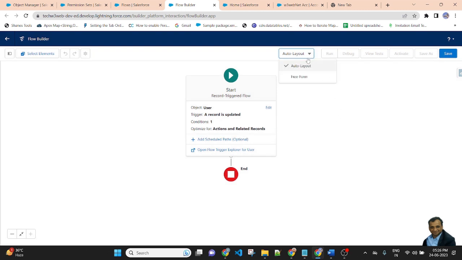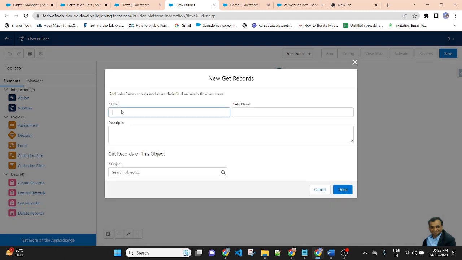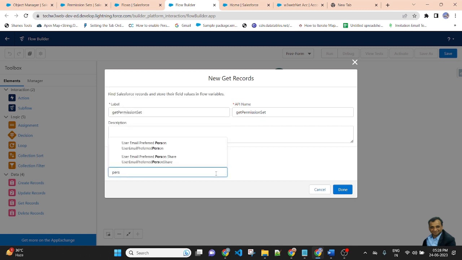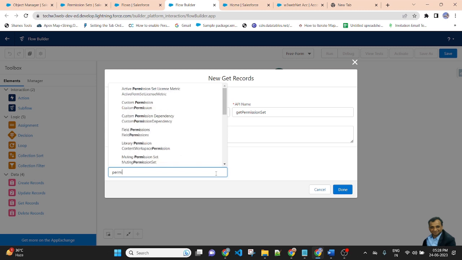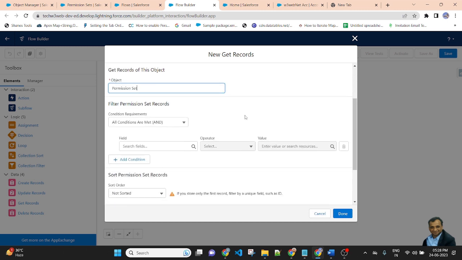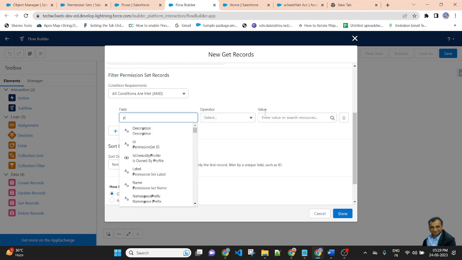Then after that I am changing to free form. Now I am getting the permission set here. So Get Records, Get Permission Set. Object name is Permission Set. And here the condition is the permission set name.